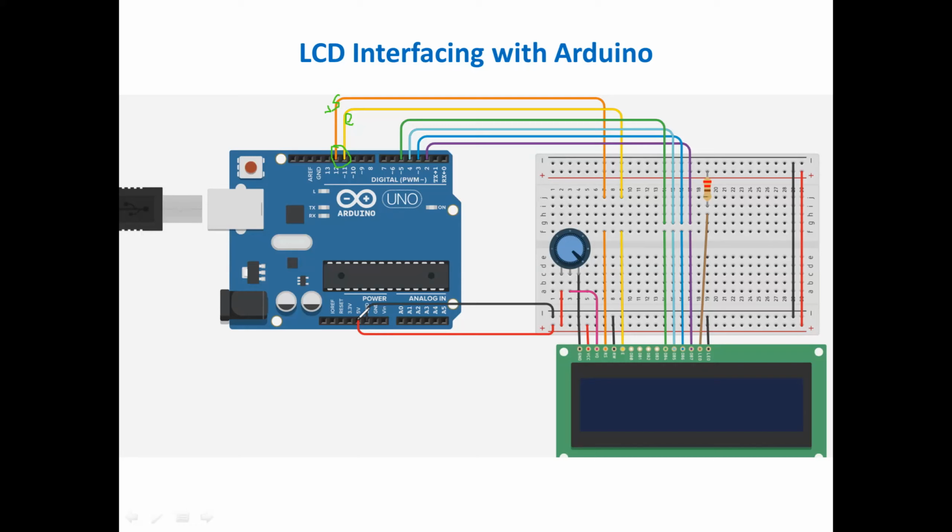So for the power pin, you can take it from here, this is going to be 5 volt. The complete row is going to have a 5 volt supply. So wherever you want 5 volt, for example, here the LED plus and minus will be there. To this particular plus and minus, you can take the 5 volt. All right. So this is a simple interfacing, and you can give the connection.